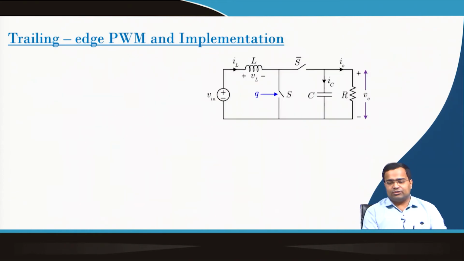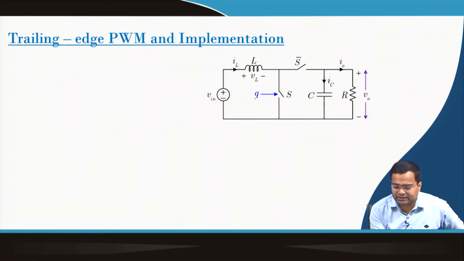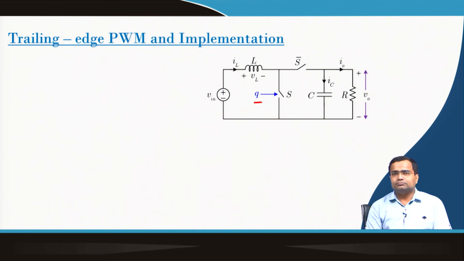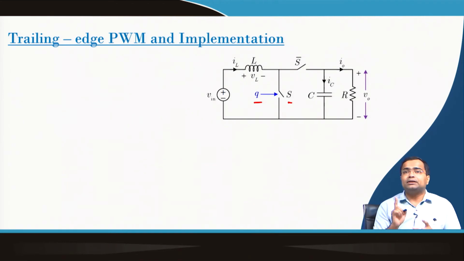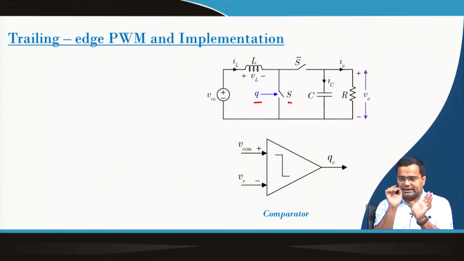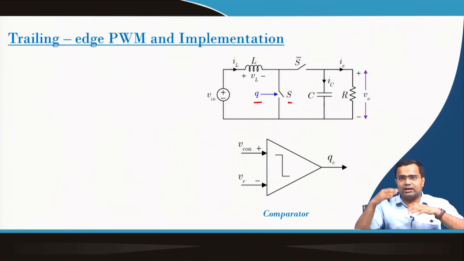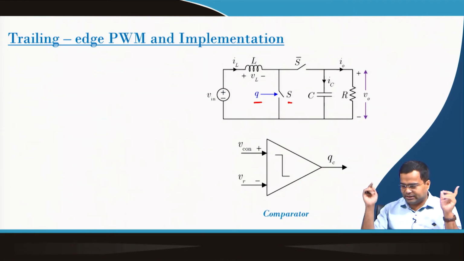Okay. Trailing edge modulation. If we take a buck boost converter where we need to generate the gate signal for the controllable switch S, and we want to generate this using a trailing edge PWM technique. Because we have to generate a discrete signal, that means on and off, with on time having a certain duration, it is a discontinuous signal which can only take the value between 1 and 0, and it will stay for some time in its individual states.